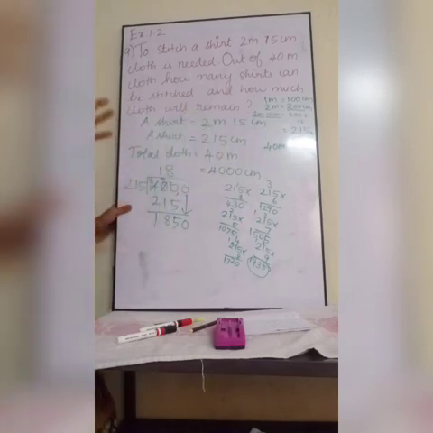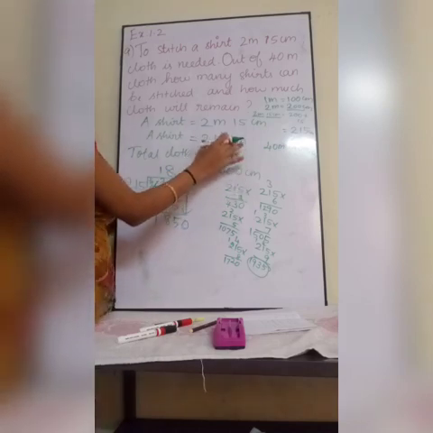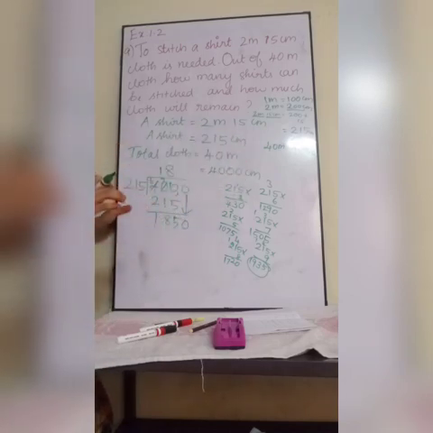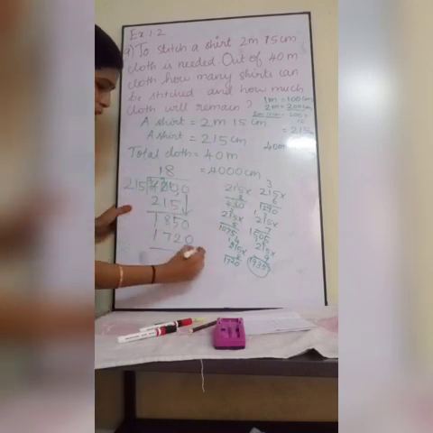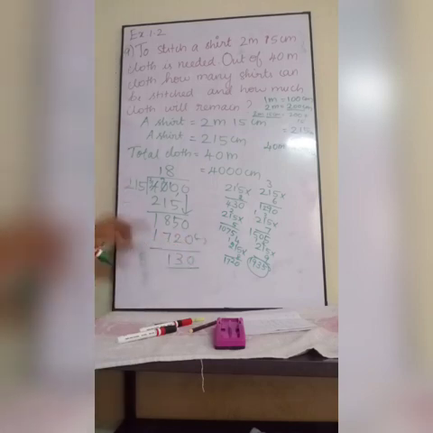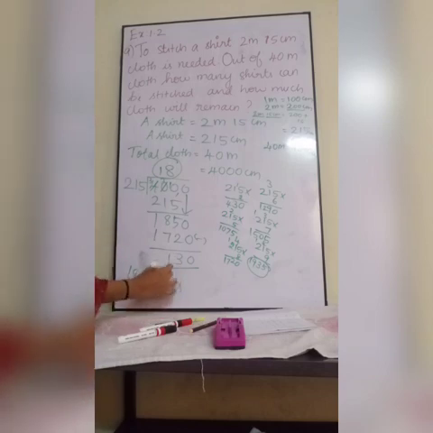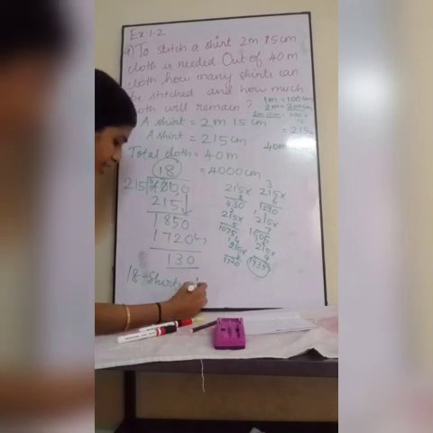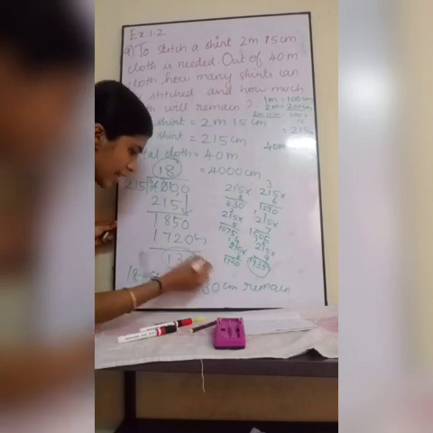So, actually what we are doing is, for a shirt, 215 centimeter cloth is needed for stitching a shirt. Total cloth is 4000 centimeter. So if you divide the total cloth with this value, you can get the number of shirts, right? So I am dividing using this. So 1720, I am going to subtract it: 0, 3, 1. Can we divide this more? No, because it is less than this. So this is my remainder. I will stop it. So how many shirts will we get totally? 18 shirts you will get, and 130 centimeter cloth will be remaining, because this is our remainder.